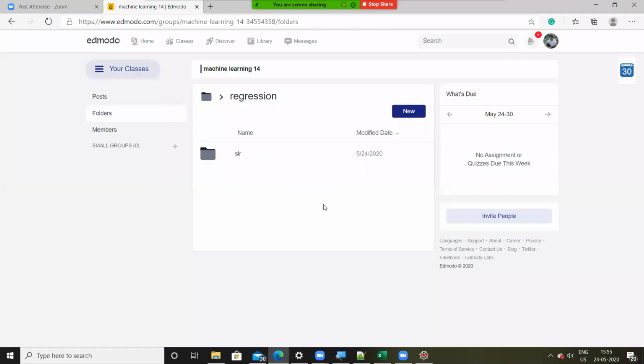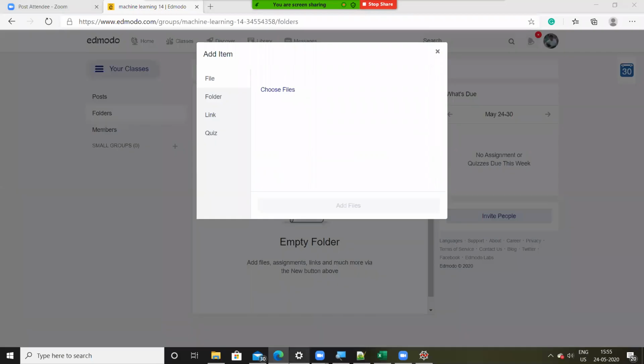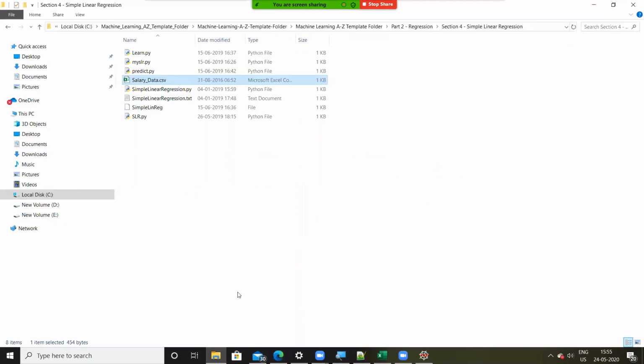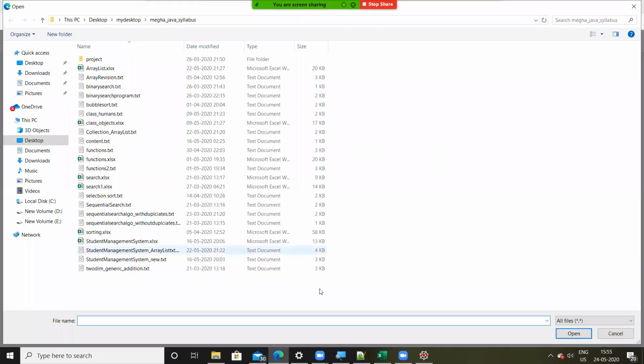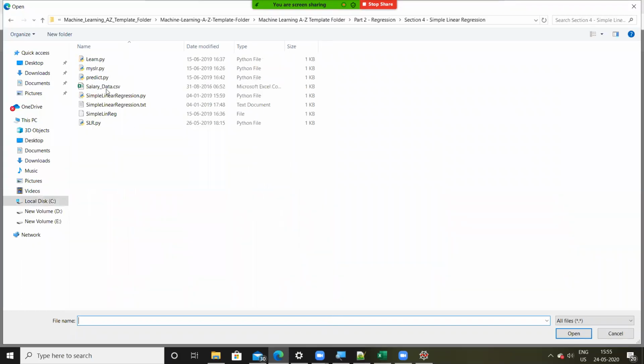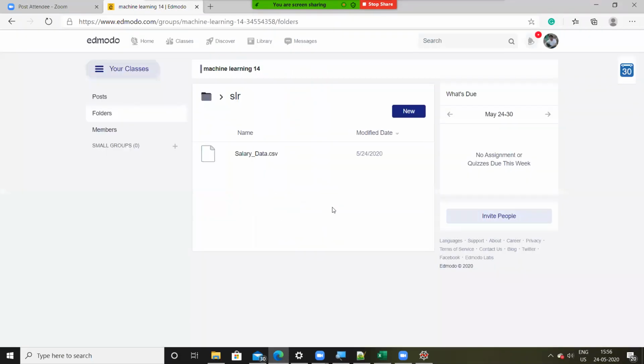And here I'll upload the data set. Done. So please download this at your end, perform the data pre-processing step, and keep it ready.